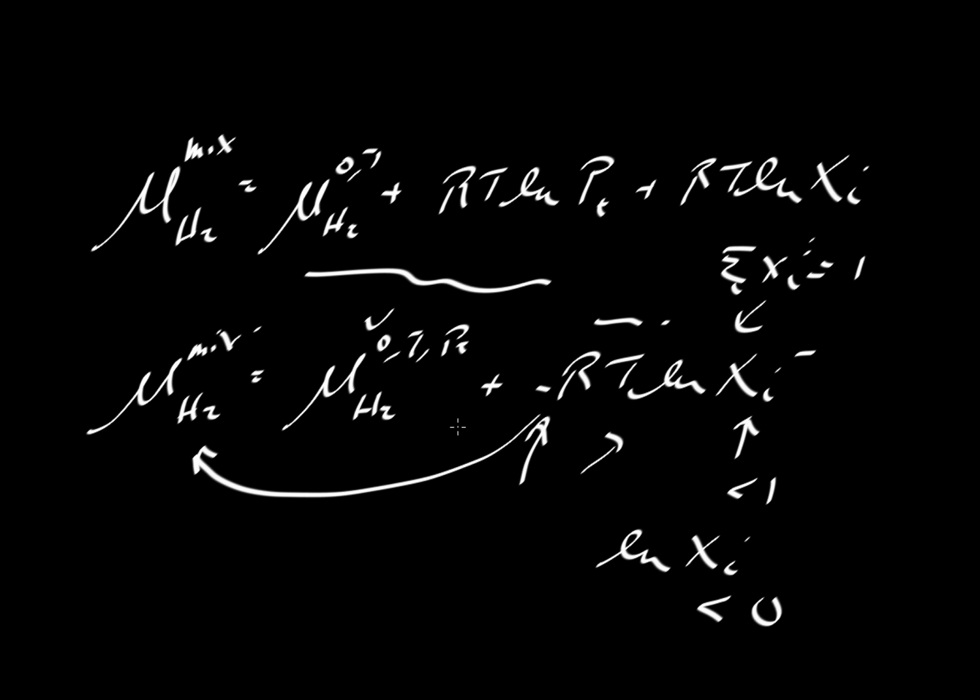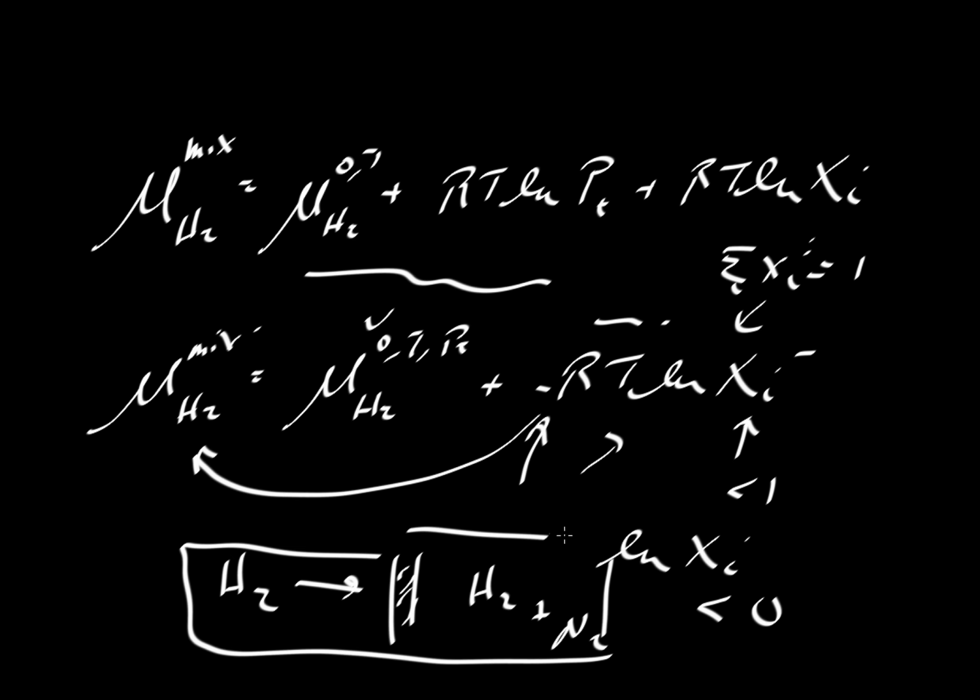So now we have a thermodynamic argument for why H2 would migrate across that palladium barrier that we showed and spontaneously go into the H2 plus N2 mixture. By mixing nitrogen gas into the right-hand side, we've reduced the chemical potential of hydrogen gas, and if the chemical potential is lower here and we have a higher potential energy here, then stuff will flow down that chemical potential energy hill, and so H2 will migrate from left to right. How far? Well, there's a set of